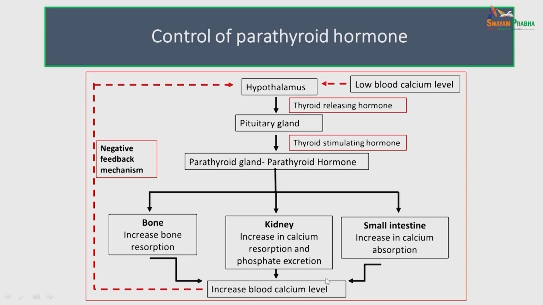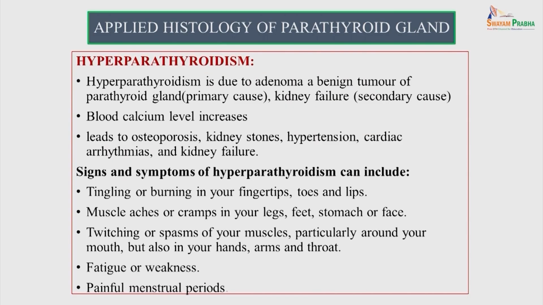When the blood calcium level is increased, a negative feedback mechanism is set in, which influences the hypothalamus, and further it controls the balance. So, this is how the hormones of the parathyroids are controlled by the hypothalamus and pituitary gland. Coming to the applied histology of the parathyroid gland,